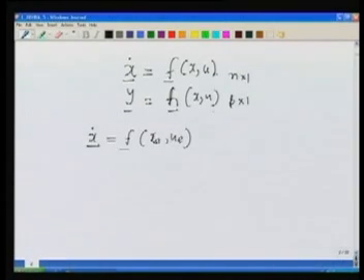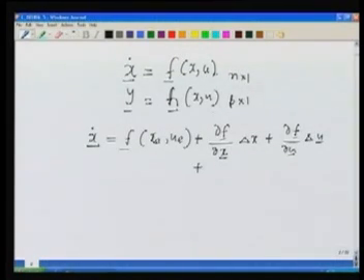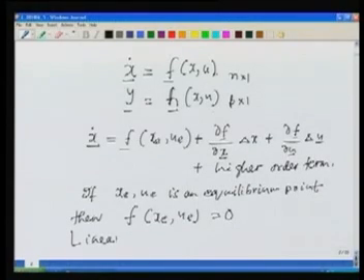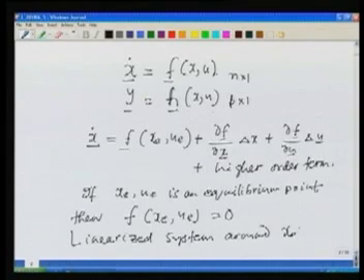Say this is my point, around this point I want to expand this function, then I can write del f by del x delta x plus del f by del u delta u. So, this is first order expansion and some higher order terms. And if x e is an equilibrium point, then f(x e, u e) is 0. So, the linearized system around x e and u e is given by